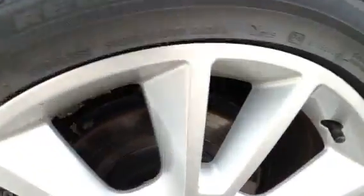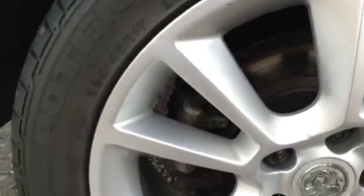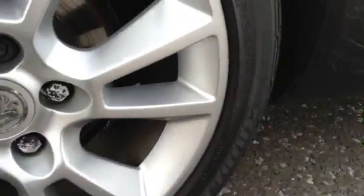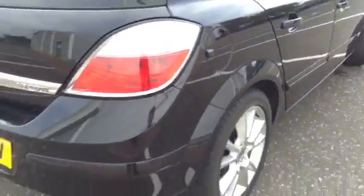Taking a look at the offside rear tyre, you've got around 4mm of tread there, 4 to 4.5mm. And then taking a look at the offside rear alloy, again to be fair in really nice condition, no signs of any curbing at all, which is great. And then looking at the rear of the vehicle,